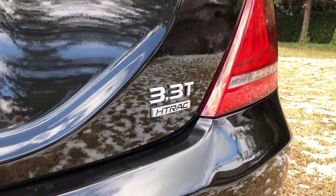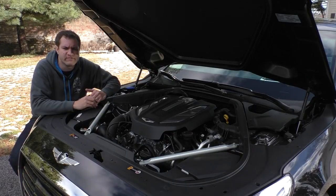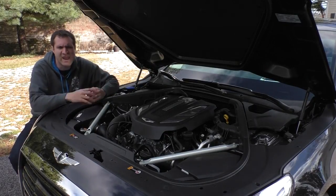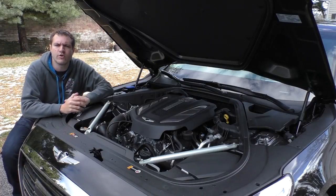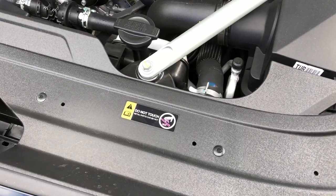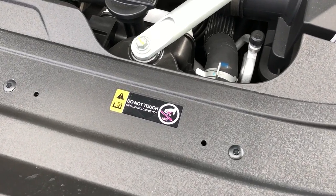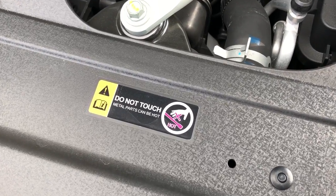I guess Hyundai Track, I don't really know. I also don't really understand why everybody has to name their all-wheel drive systems. Quattro, X-Drive, 4MATIC. Can't we just call it all-wheel drive? One thing I really like under the hood is the little warning label reminding you not to touch hot things. It says, "Do not touch. Metal parts can be hot." And then there's a picture of someone touching a hot metal part, and it says, "hot," just to really drive